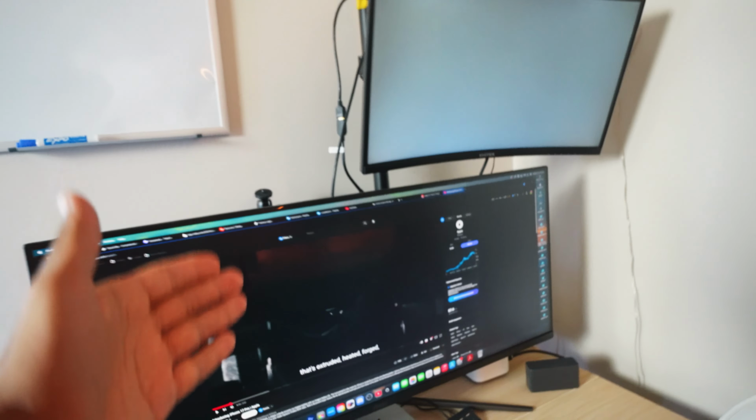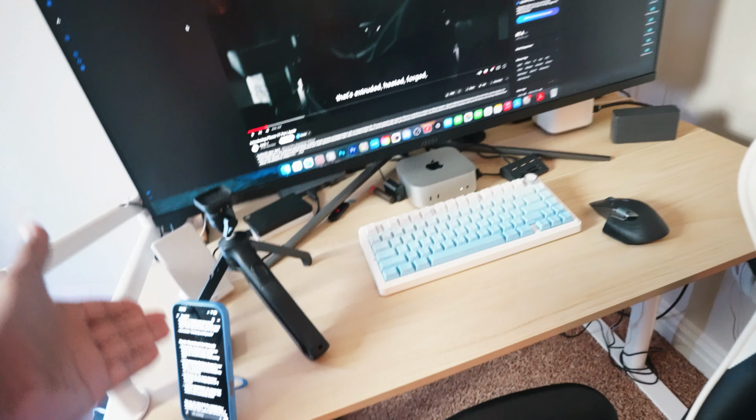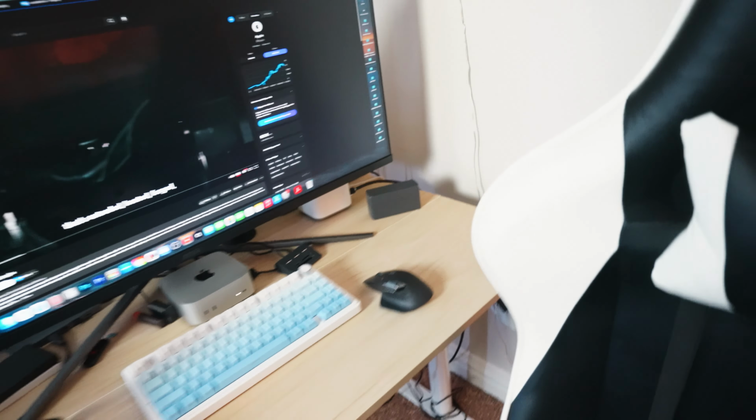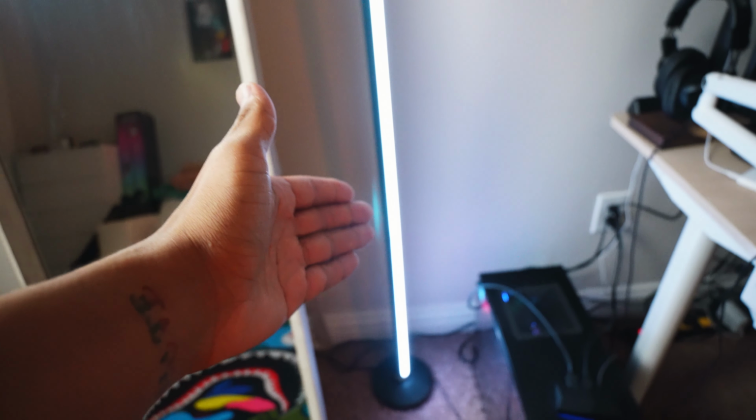We have a mic. We have a 40-inch monitor, another monitor. We do have a Mac Mini right there. iPhone 16 Pro, like I said. DJI Mic 2s right there, 2 hard drives, a set of headphones, an LED light, another light, speakers over there that I do need